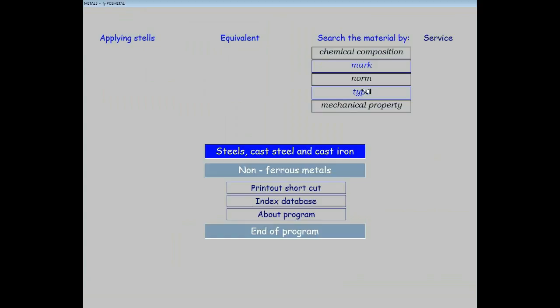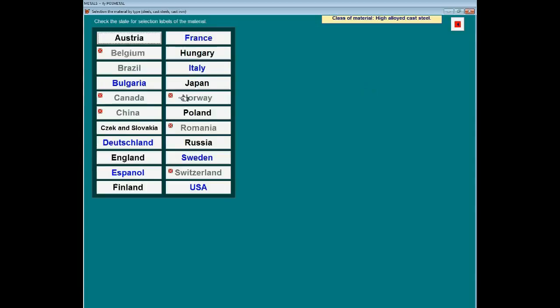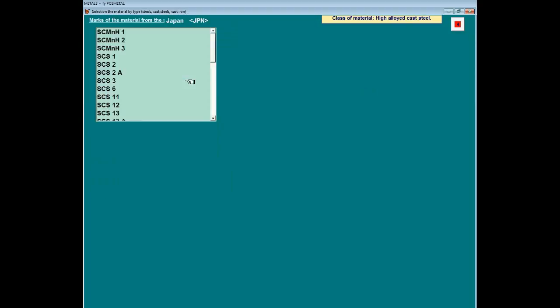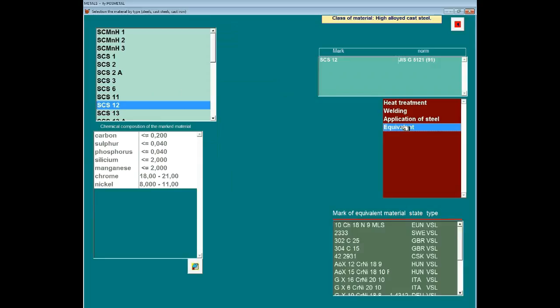Now we will show you how to locate materials by type, so activate type. On the left are broken down by model. We choose, for example, high alloyed cast steel and then choose country, for example Japan. On the left side of the screen describe the materials from which they select, for example SCS12. On the right we see the main menu from which we choose the equivalent, and in the table below choose the material